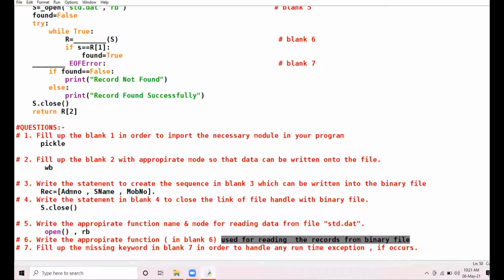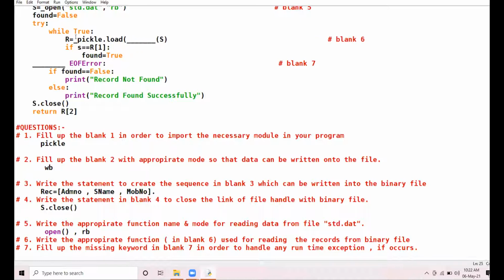Yes, Akriti, unmute yourself. Load. Yes, load function, but we never use a function like this alone. We have to write the module also along with that.